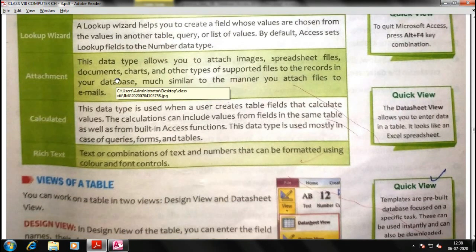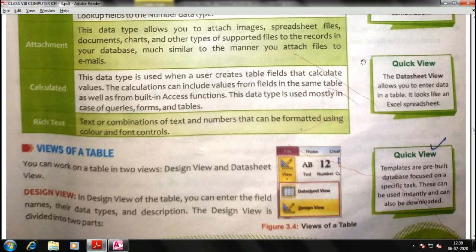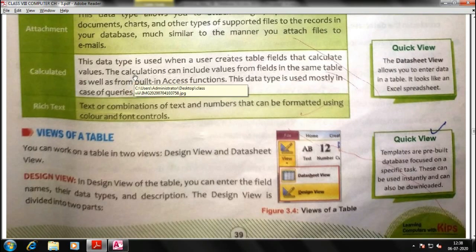Next is attachment. This data type allows you to attach images, spreadsheet files, that is Excel files, documents, that is Word files, and charts, right? Charts can be a flowchart or a pivot chart. Other types of supported files can be attached to the records in your database, whatever your database is compatible with, so that they could be sent over email, over your online email account.